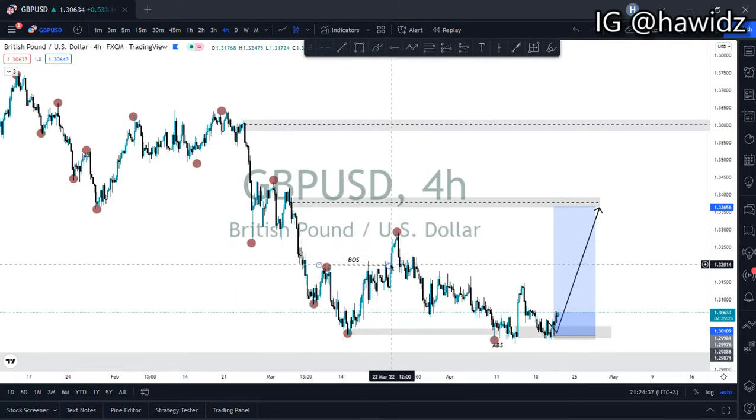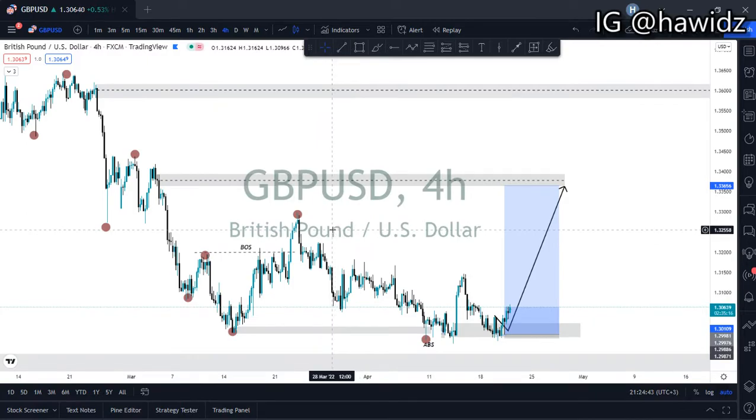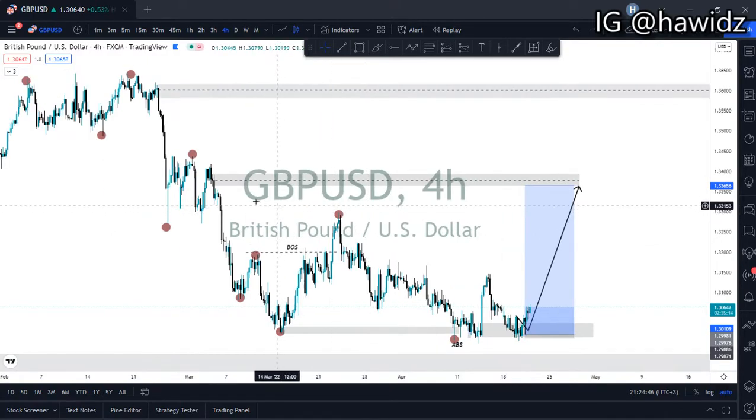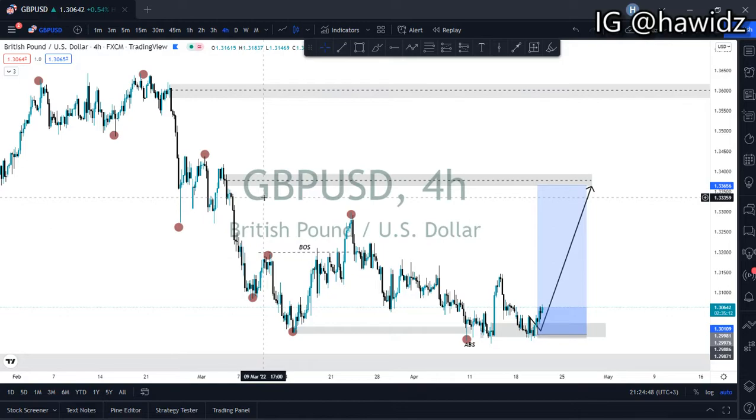So we had this simple break here, and I was positively sure that we were gonna be heading for some more liquidity, right? So my first insight was that price is simply gonna come here towards this supply zone